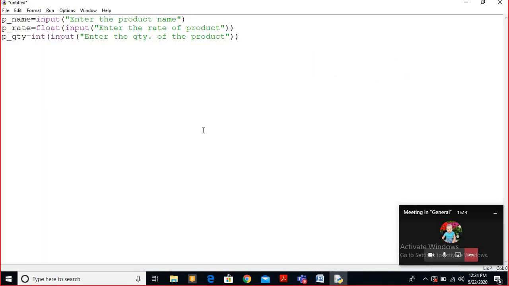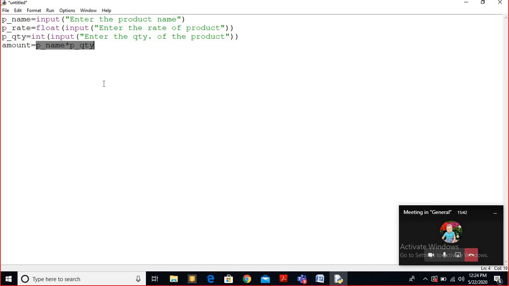So for that I am going to give the logic here. Amount is equal to product rate, which I am taking in the product rate variable, so I am putting p underscore name multiply p underscore qty, that is the product quantity variable. Sir, won't it be product rate into product quantity?